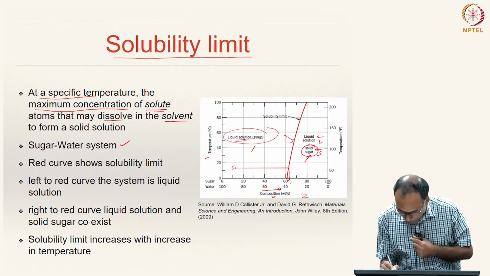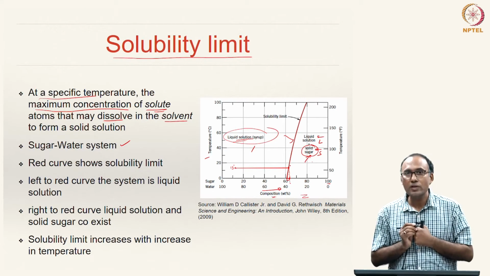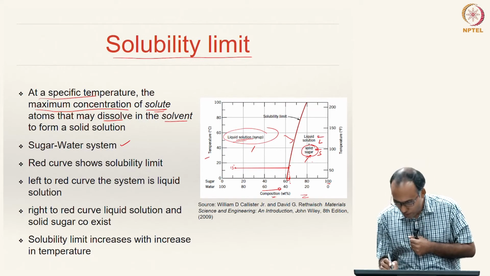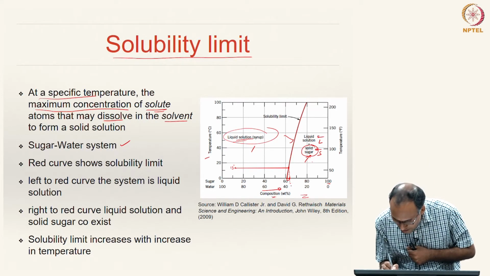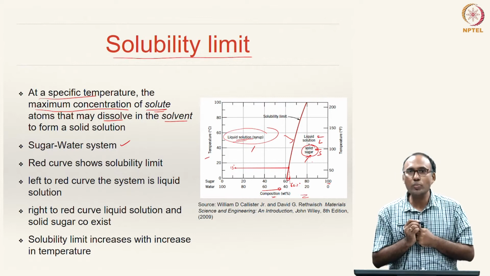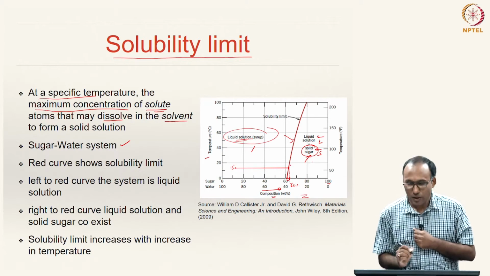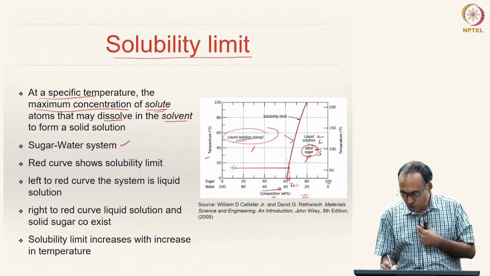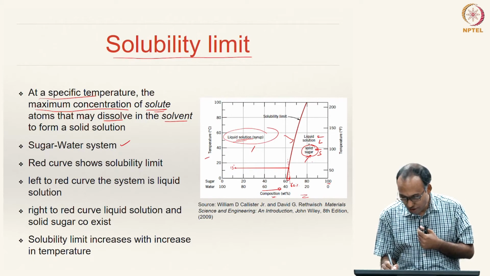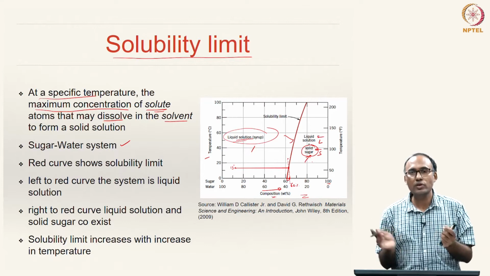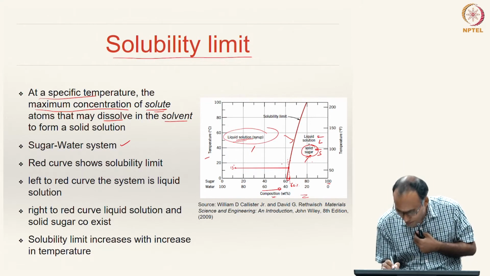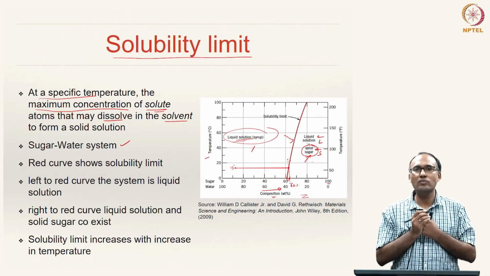That means, at about 13 degrees Celsius, the water can hold 62% sugar syrup. And if you further increase the temperature, whatever solid sugar was there before is transformed to liquid solution. It has got dissolved in the liquid